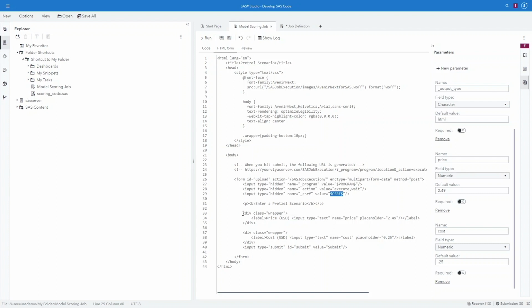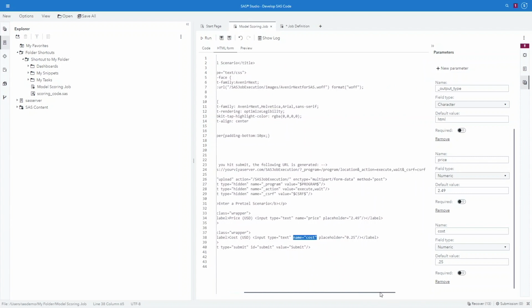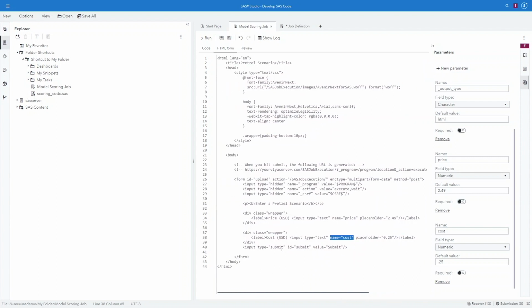And then finally, we've got our 2 input statements. The only thing that matters most here is this name is equal to your parameter. They will be automatically posted whenever they click submit and made a part of that URL. So your URL gets generated with all of those ampersands that are in here. Now let's look and see how we can take this form and put it into VA so that other users can use it.